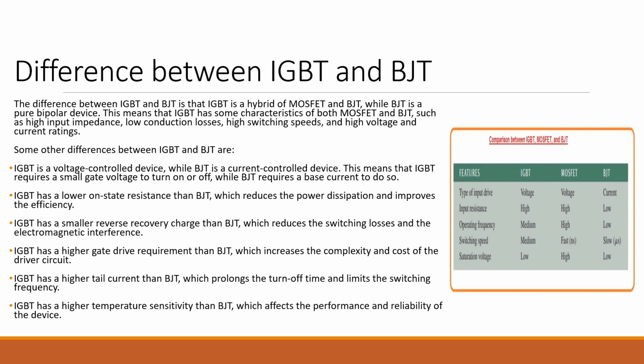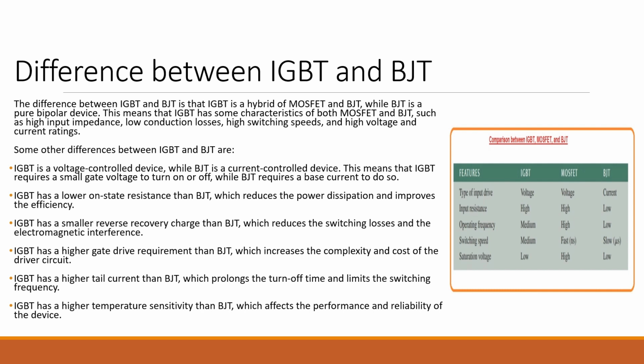The difference between IGBT and BJT is that IGBT is a hybrid of MOSFET and BJT, while BJT is a pure bipolar device. This means that IGBT has some characteristics of both MOSFET and BJT, such as high input impedance, low conduction losses, high switching speeds, and high voltage and current ratings. Some other differences between IGBT and BJT are: